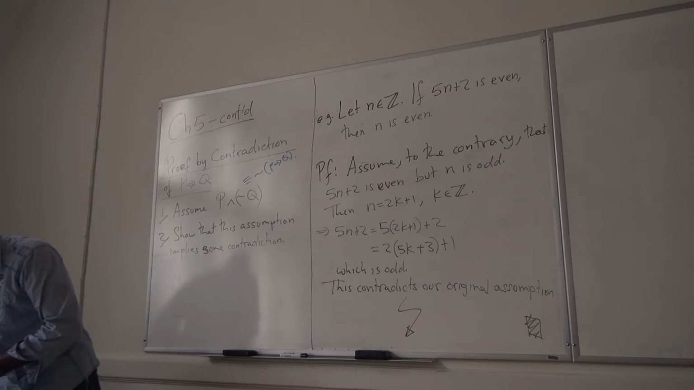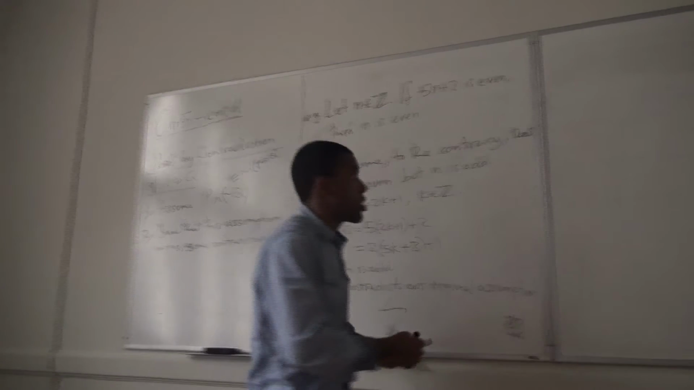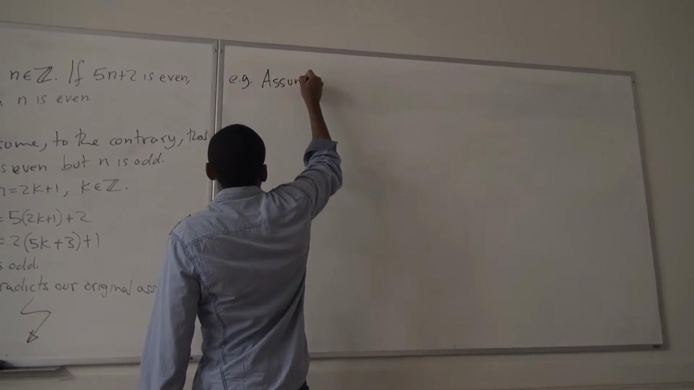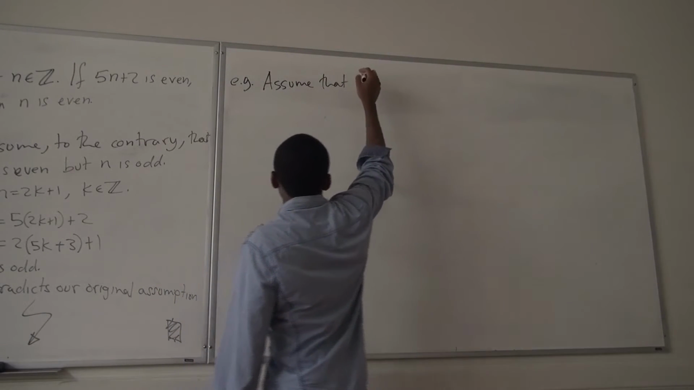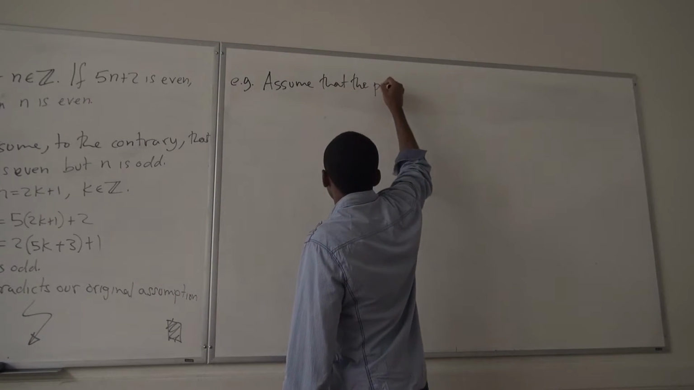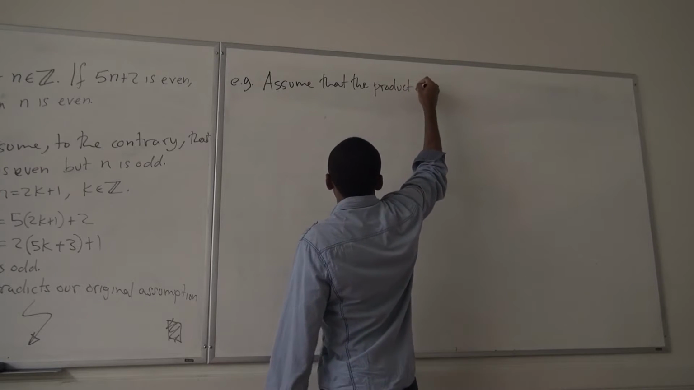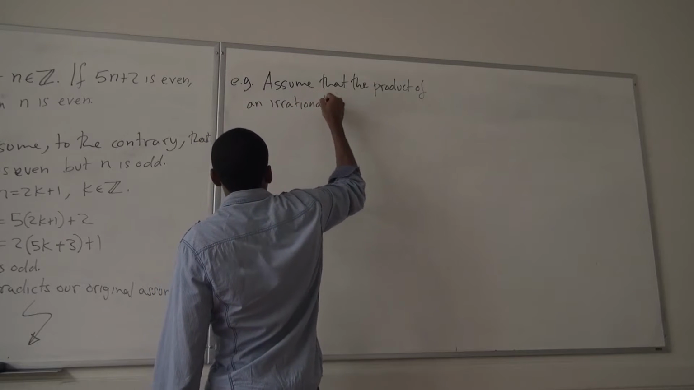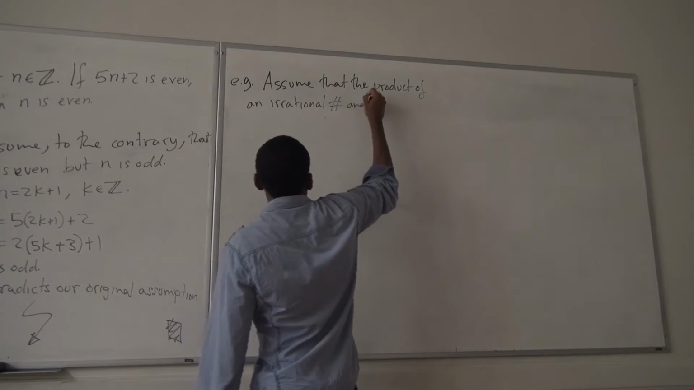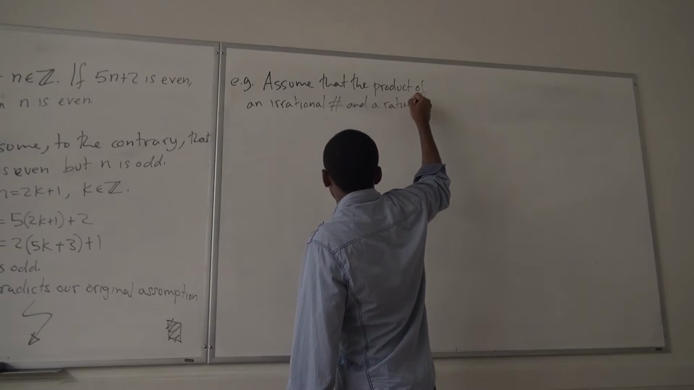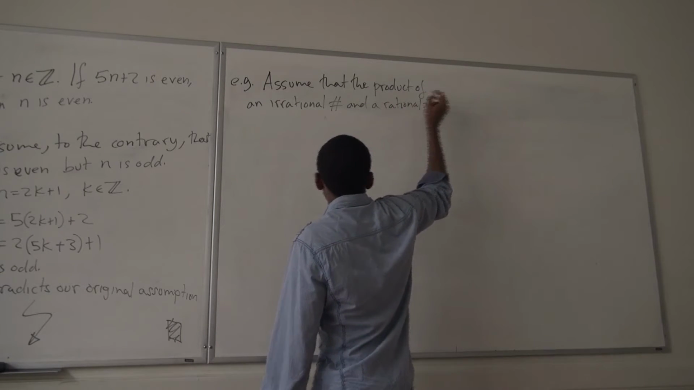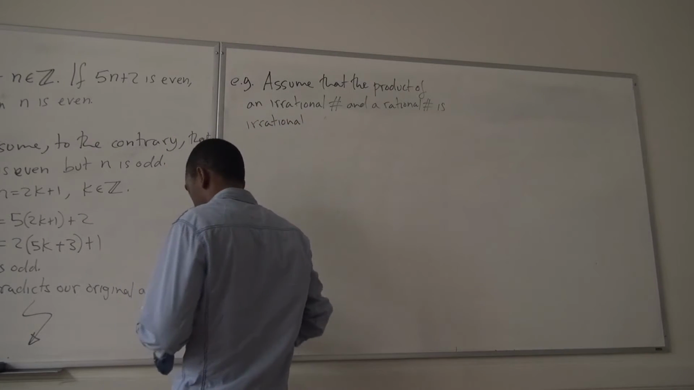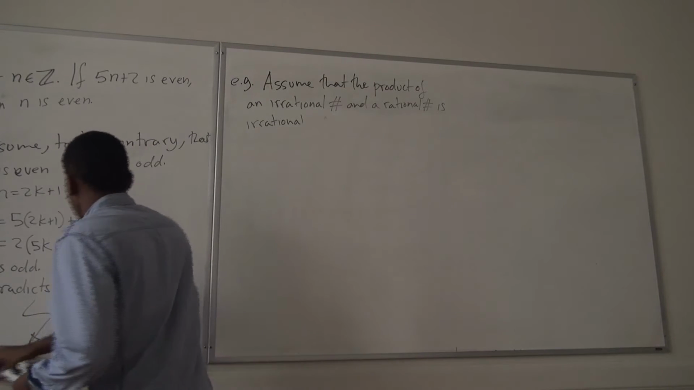Okay, so for this example, we're going to make an assumption, which you're going to prove in your homework, so I'm not going to prove it. Assume that the product of an irrational number and a rational number is irrational, right? So if you take an irrational number and multiply it by a non-zero rational number,